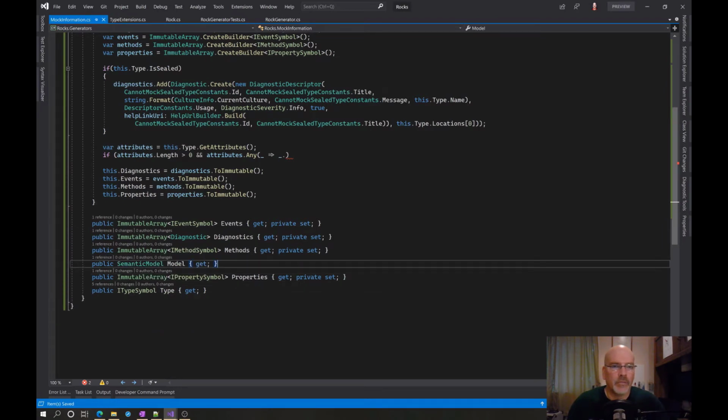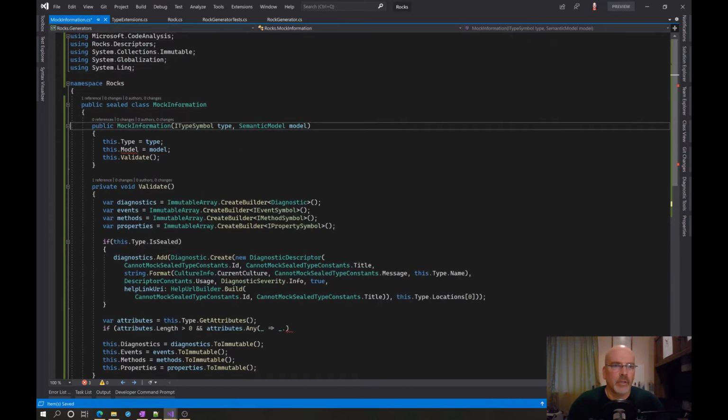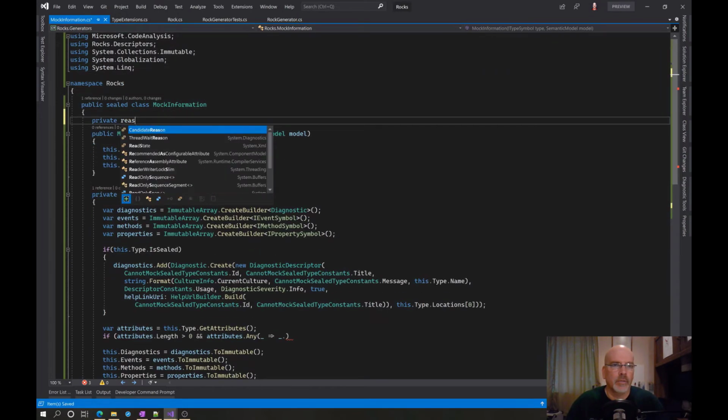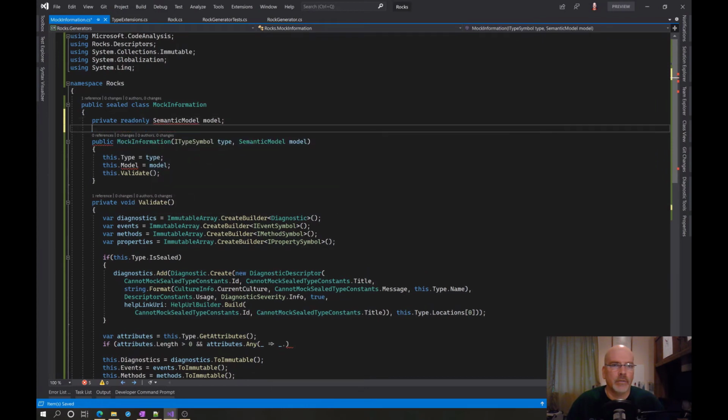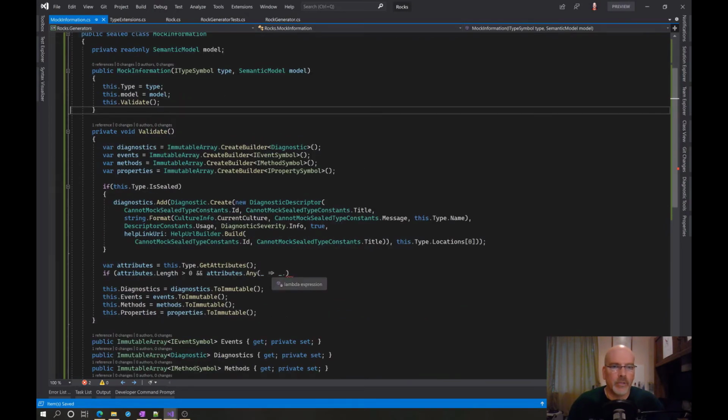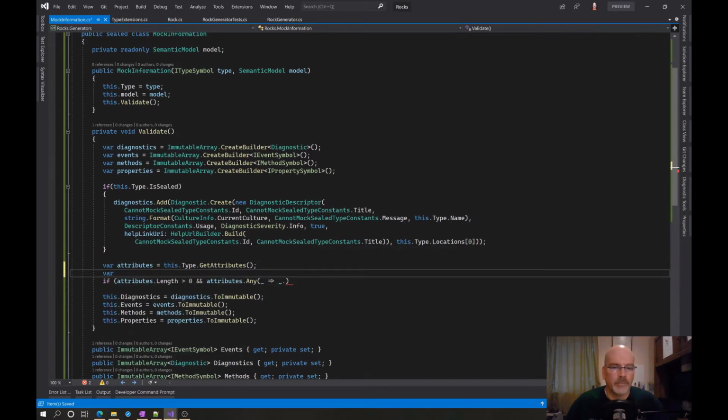And in this case, we don't really need to expose it, I guess, because private read-only semantic model. I know it feels a little inconsistent, but that's fine. So here we need to say var obsolete attribute equal model get type